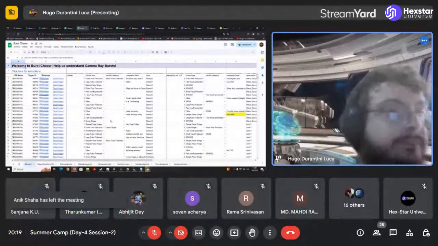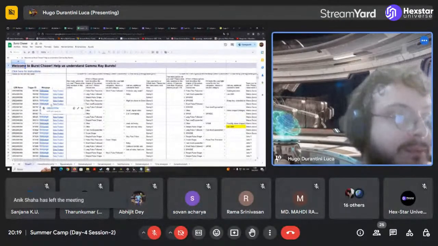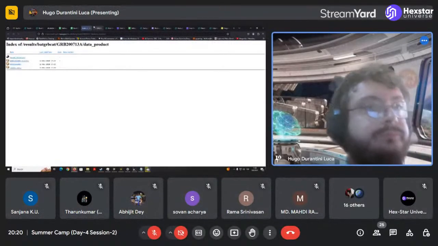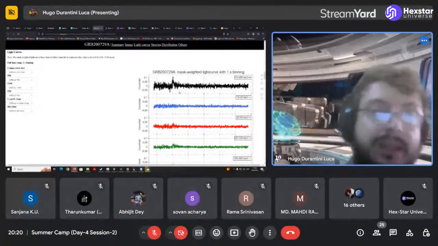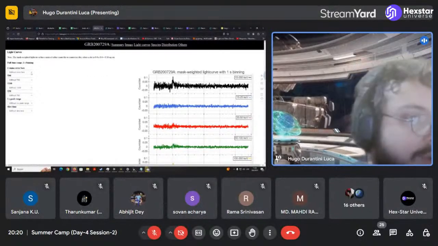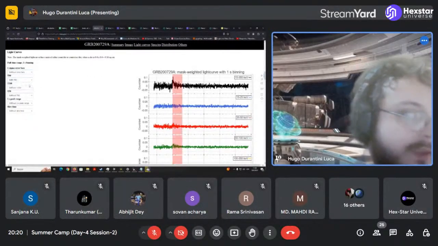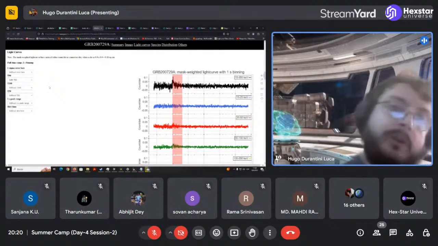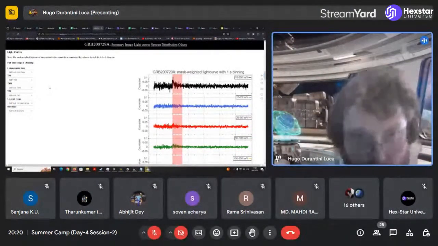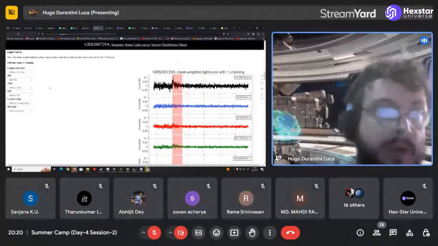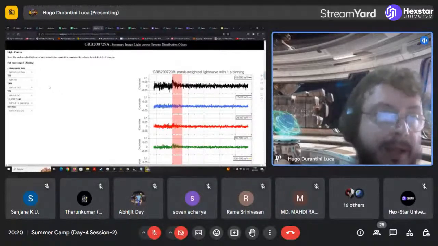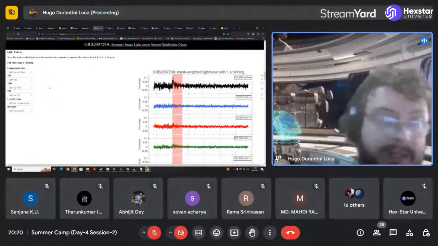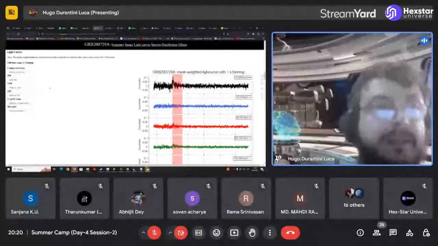Then we were classifying data. Let me open this for you. We were classifying light curves using T-side, trying to see what shapes or bursts we were seeing, how they were behaving, if we were able to determine a common morphology for them, because there is not even that regarding gamma ray bursts.